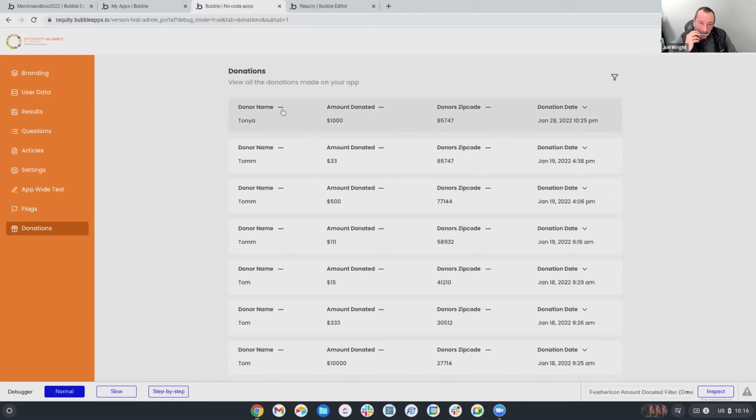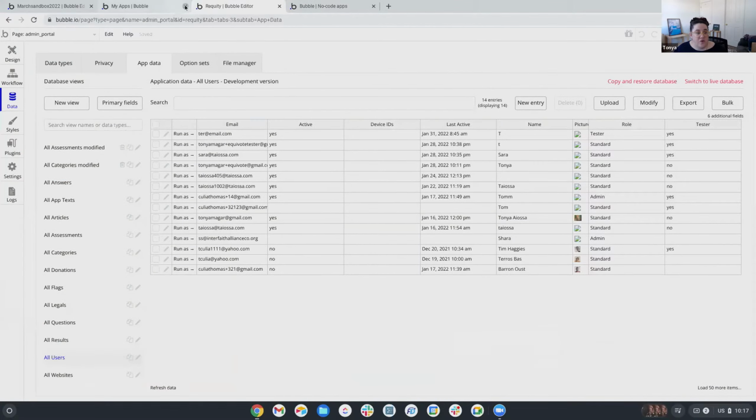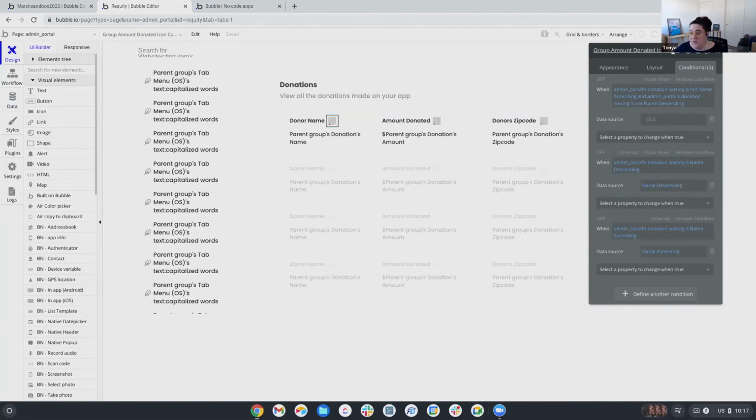So I don't have them disappearing in the null state. I just have a dash here. And then this one is the default one. So let's see, on default, if I have donation date descending, so the most recent date up at the top, and I click this icon, then it should shift it to ascending. And the way that's achieved is, if I go into design and I go into this one,